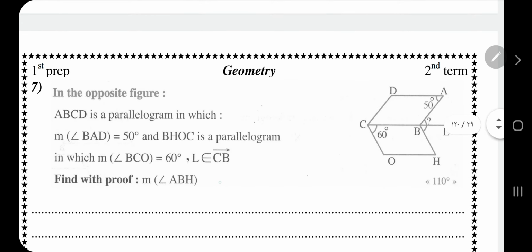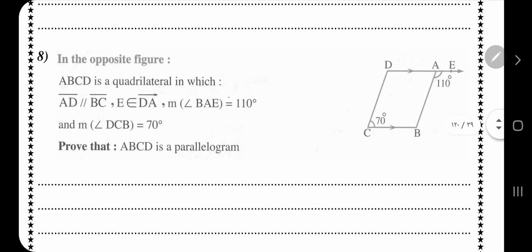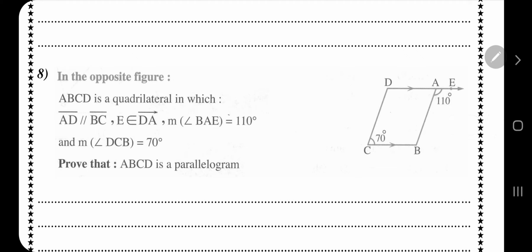The next one. Prove that ABCD is a parallelogram. Okay, I have only two sides parallel, so I need to prove that AB is parallel to CD. How can I prove that? At first,